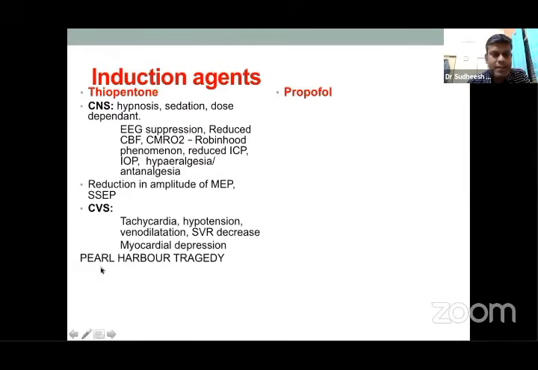So again, cardiovascular: I have mentioned tachycardia and hypotension, basically due to vasodilatation, and it also has some degree of myocardial depression. There is something called the Pearl Harbor tragedy, which is very common among certain examiners. Basically, this happened during the Second World War, when there was inadequate understanding of how thiopental would act. Every wounded soldier used to be given thiopental for induction of anesthesia when he underwent some surgical procedure. This resulted in